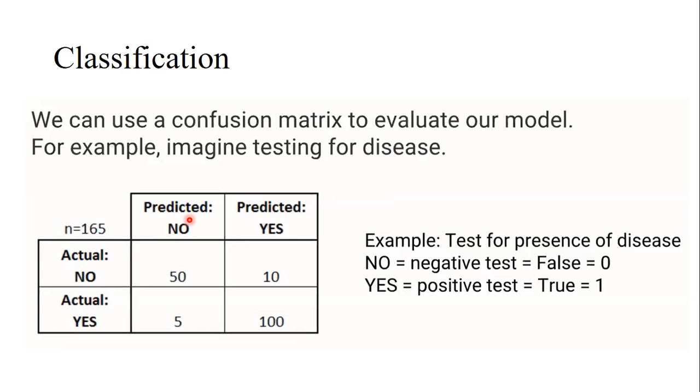The actual value is that a total of 35 people have COVID, but you predicted 25 people have COVID. Among the 25, 5 people don't have COVID, but you predicted yes. The actual no is 65, but you predicted 75. Actual yes is 35, but you predicted 25. Among the 25, 5 people belong to the no category. So in classification, we always look at actual yes, actual no, predicted yes, predicted no.